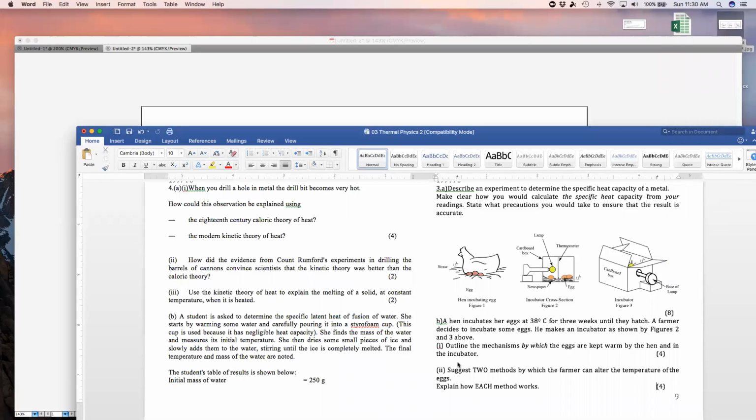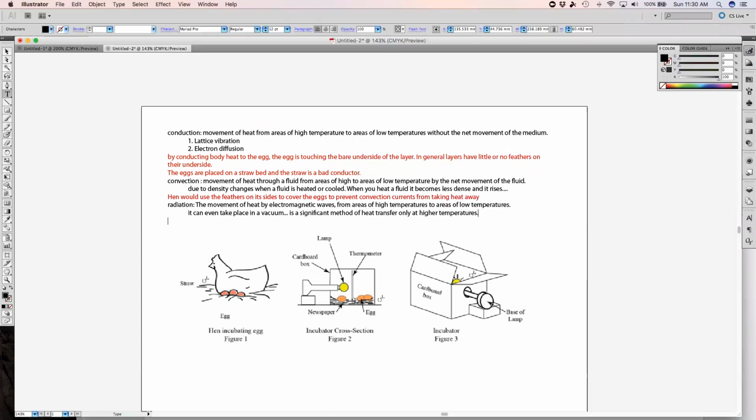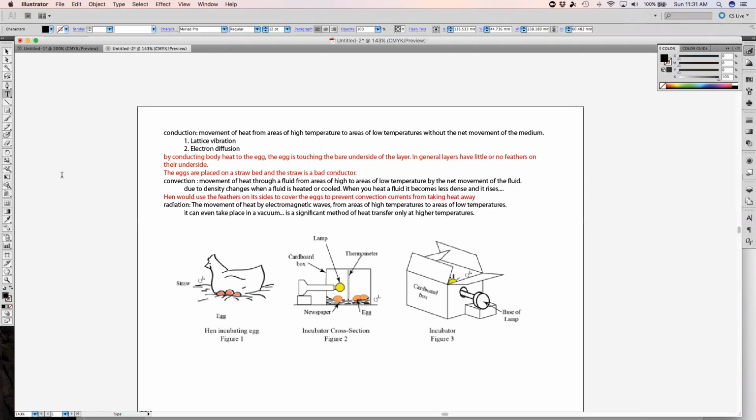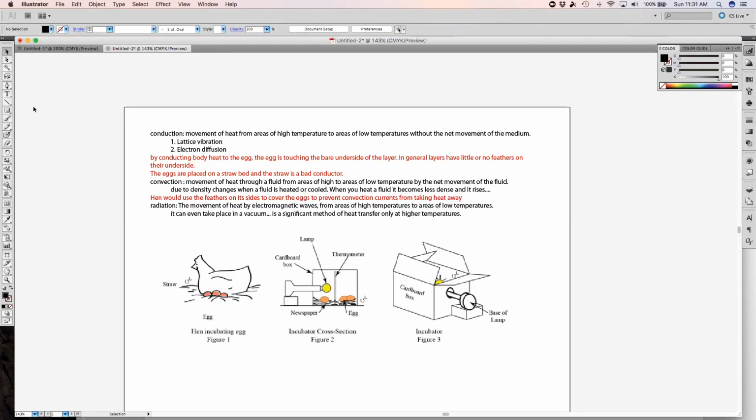Next part. Outline the mechanisms, two mechanisms by which a farmer can alter the temperature of the eggs. Well, that's pretty straightforward because the farmer is using this incubator. And if I wanted to, for example, increase the temperature of the eggs, you can simply use a brighter bulb, right? And if the farmer wanted to reduce the temperature of the eggs,